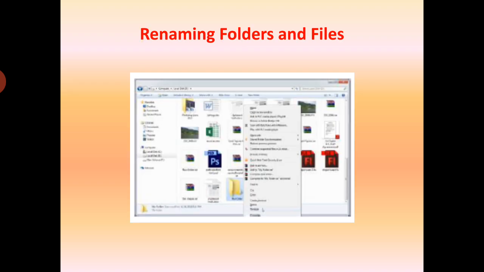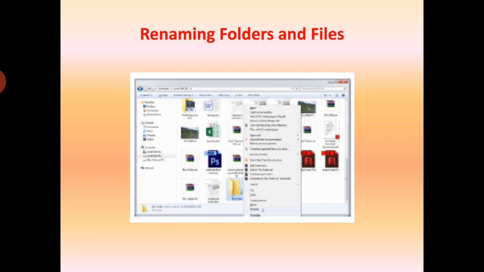How to rename files and folders? For that, you have to right click the file or the folder whose name you want to change. From the shortcut menu, select Rename option, type the new name or edit the existing name and press the enter key.